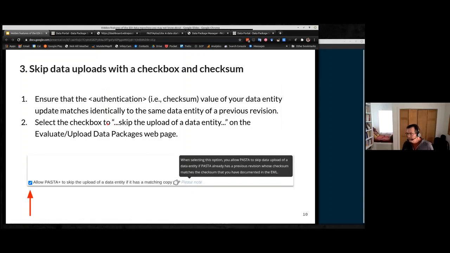How to skip data uploads with a checkbox and a checksum. Well, this is kind of an... how would I explain this? So basically what it does is,